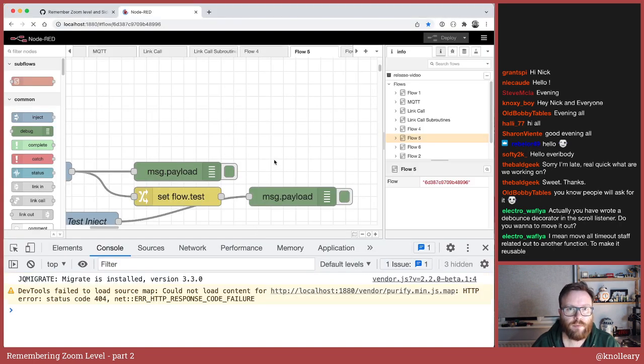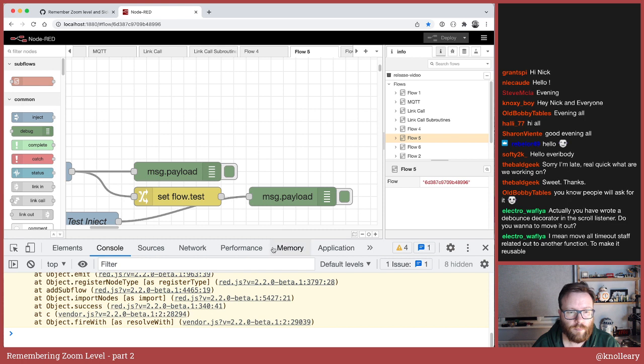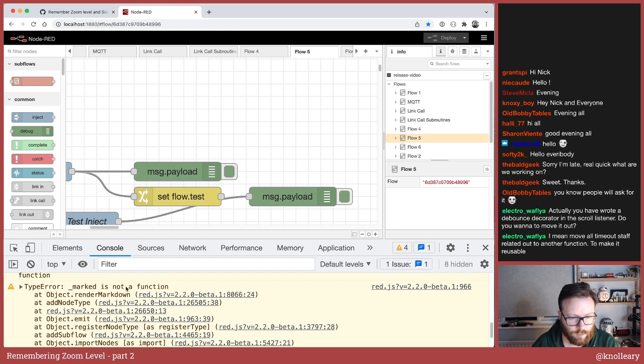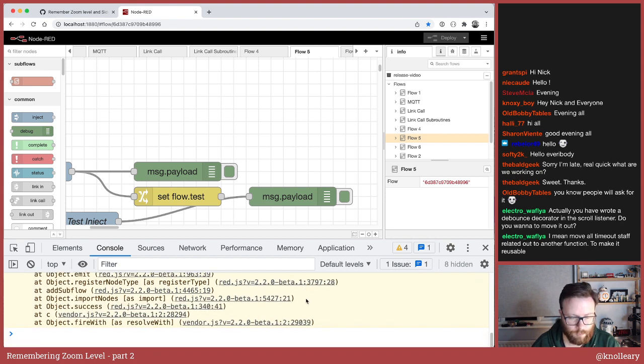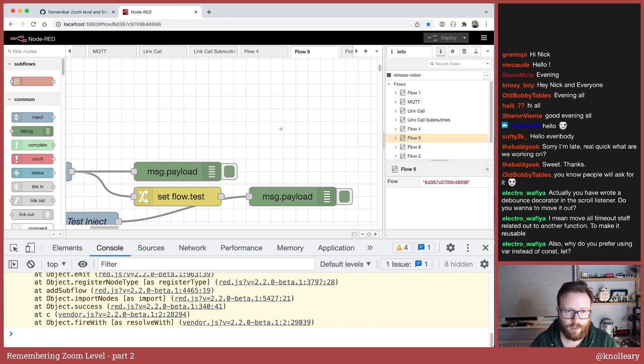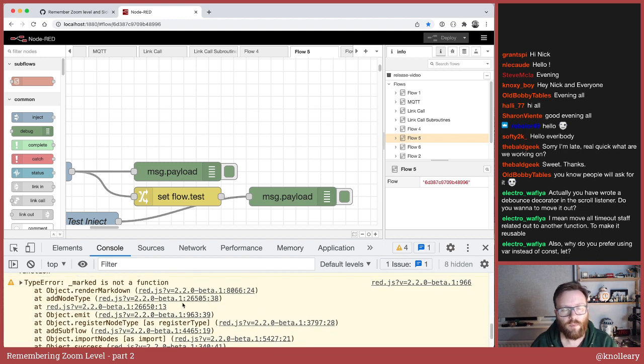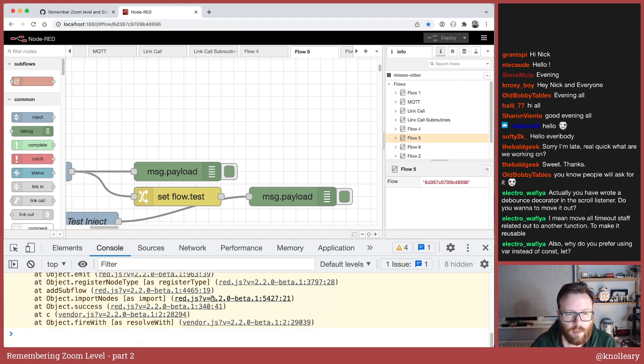So what all that means, if I just reload, just double check, I'm going to have to sanity check that this error is marked as not a function error each time to make sure we're not introducing a new thing. So in the 2.1.6 release we did last week, we updated the version of marked, the markdown library, which changed its API. I have that newer version installed in my workspace when I've switched to this branch, and I just haven't run npm install to downgrade it.